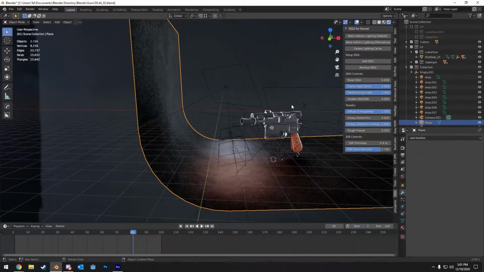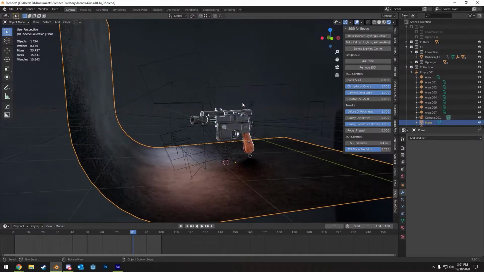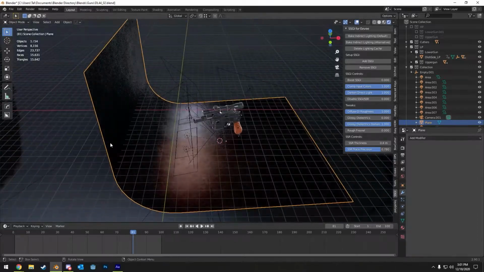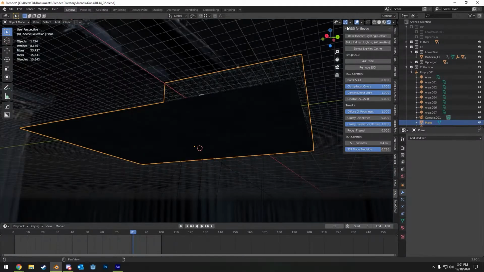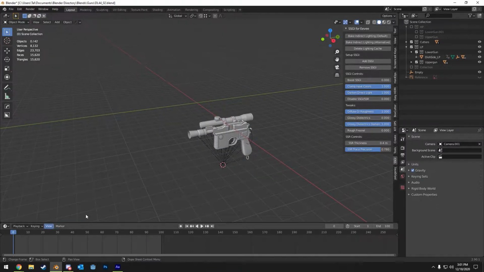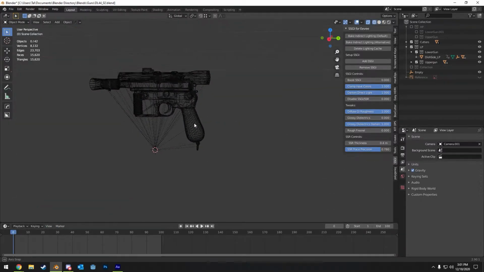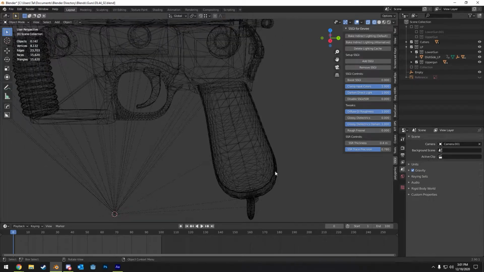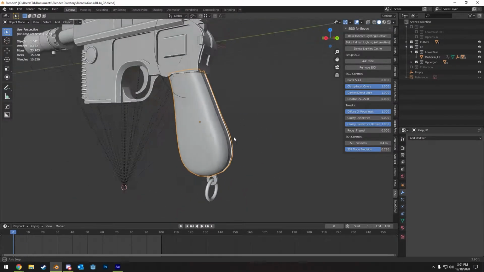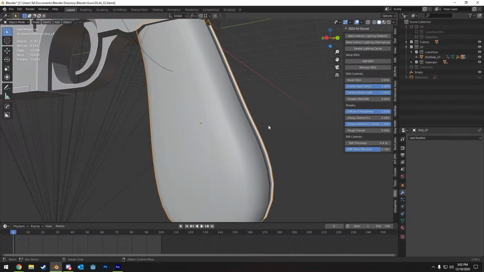This is something I pinned into my scenes when I want to render an object like this. So in another file, I have this set up, and then I just pinned it over. Let's go ahead and hide that. Come back to frame 0, wireframe. The grip, I'm pretty happy with. I don't think I could get it any more low poly. Perhaps I could, but it's only 1,000 triangles, and